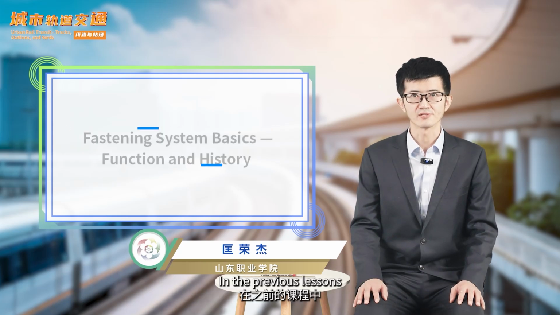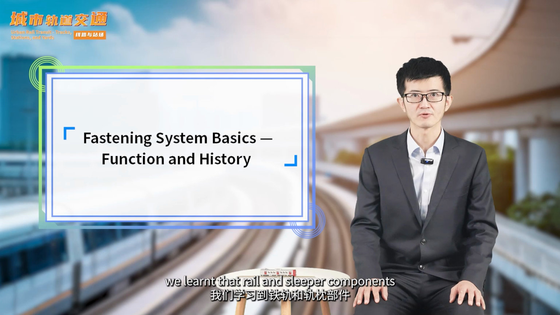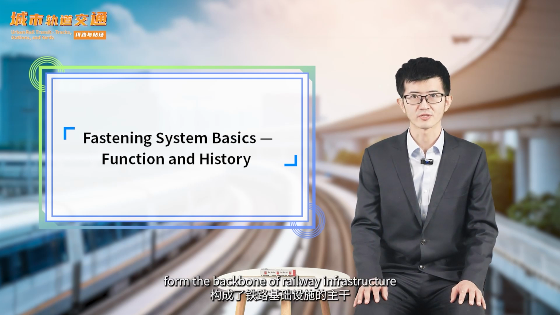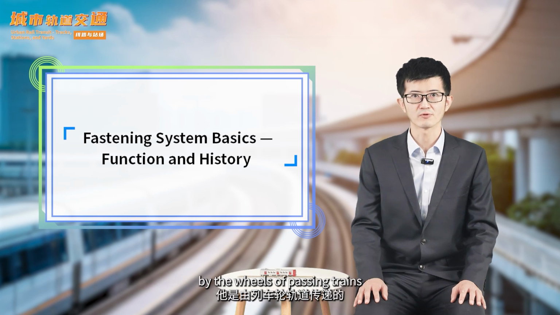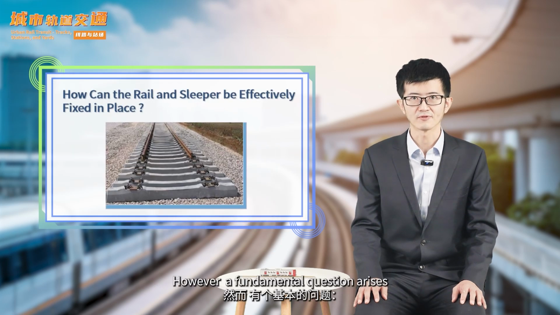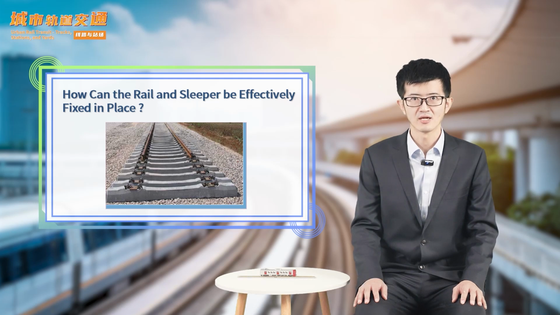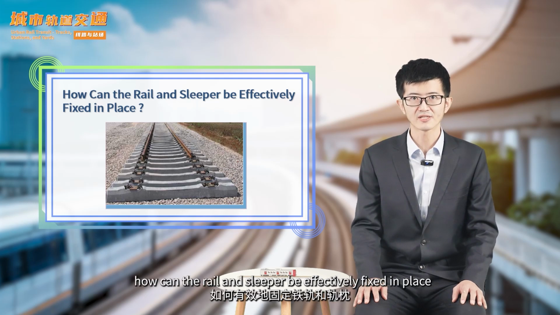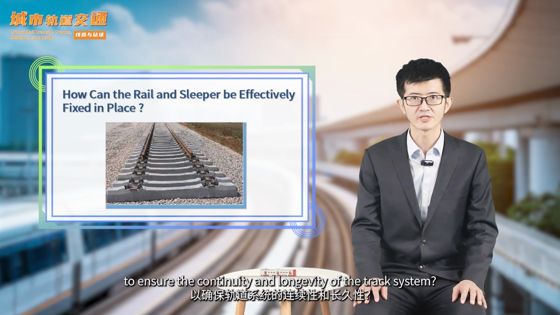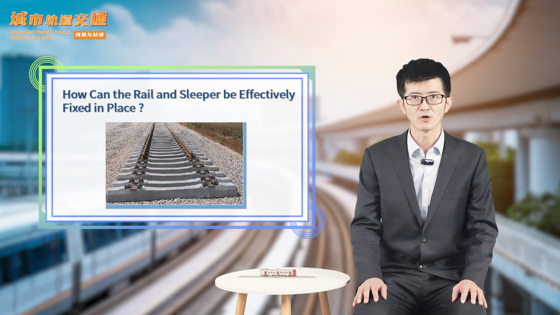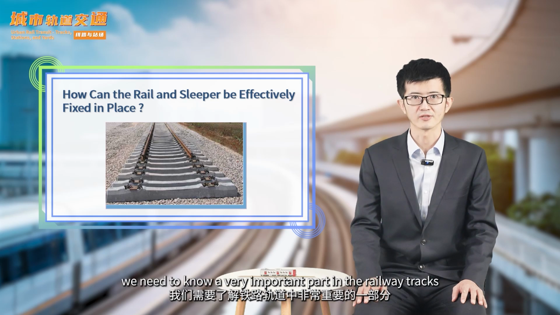In the previous lessons, we learned that the rails and sleepers form the backbone of the railway infrastructure, engineered to withstand the tremendous stresses imparted by the wheels of the passing trains. However, a fundamental question arises. How can the rail and sleeper be effectively fixed in place to ensure the continuity and the longevity of the track system? In order to answer that question, we need to know a very important part in the railway tracks,